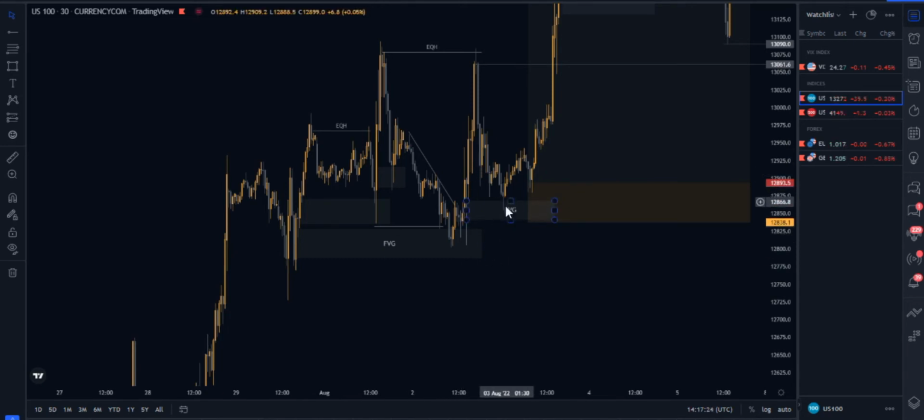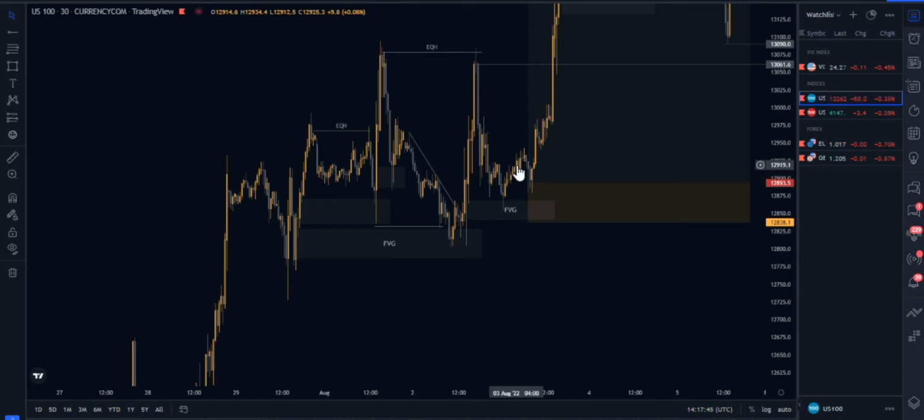Unfortunately, when price dropped and reached this fair value gap, I was asleep because it was the Asian session. I'm from South Africa, as I've explained. I don't trade the Asian session. So this price took off. I was not aware of this price taking off. But when I woke up,